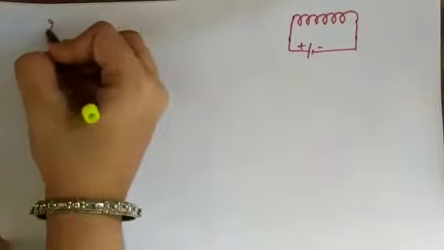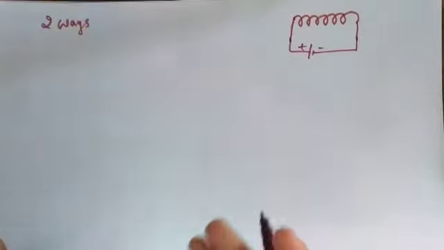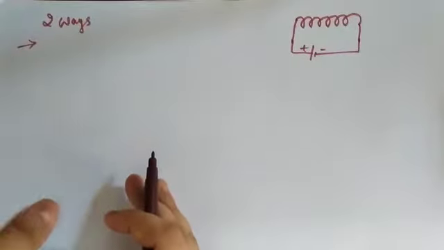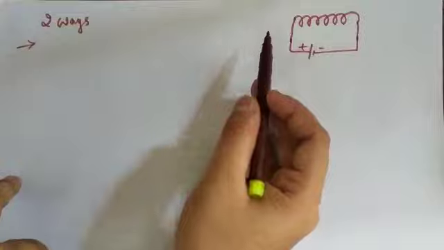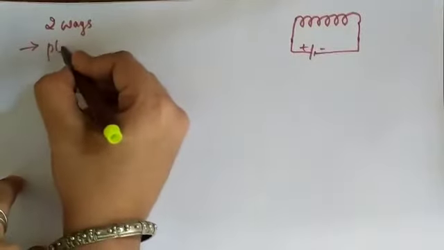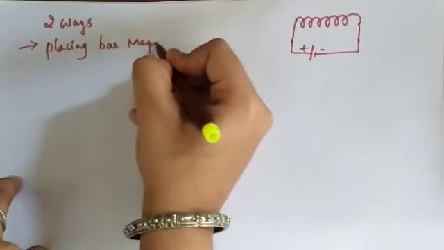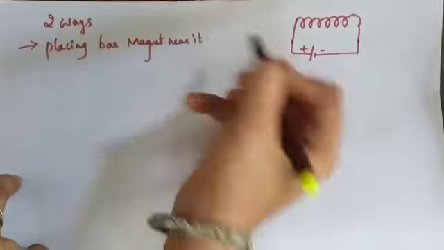Okay. First I have considered the solenoid and passed electricity through it. Now I want to know the magnetic field lines, but before that I want to know the polarity. There are two ways to know the polarity in the case of a solenoid. One method is to bring a bar magnet near it, and then you are able to see which is the north and which is the south. So placing a bar magnet near it is one method.